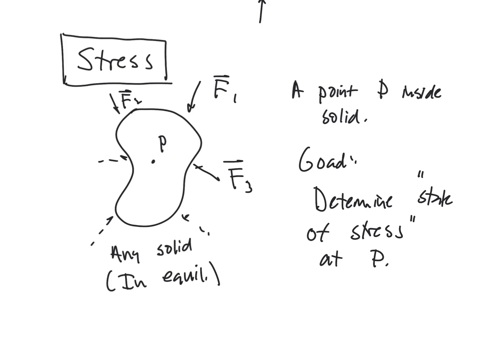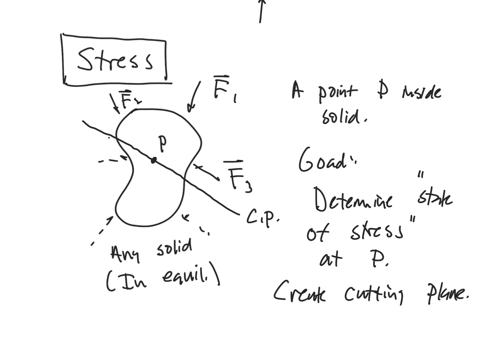And to do that, the first thing that we're going to do, and this is a key, is we are going to make a cutting plane. So create a cutting plane. Now I'm going to draw it as a line, but you want to visualize it as a sheet that's slicing through. So let's draw it maybe like this, like so. There we go. So it goes right through P, and that is our cutting plane. And that's a good spot to end our second part. So we're finished now with the second